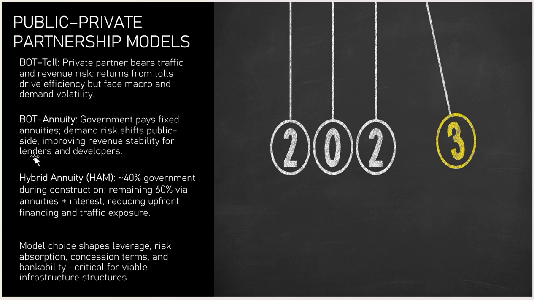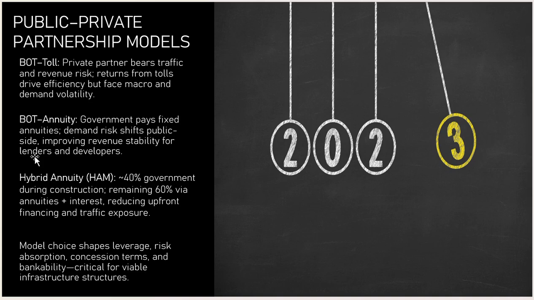Over time, challenges in the pure BOT model led to the emerging hybrid annuity model, where 40% of the project cost is funded by the government during the construction and the remaining 60% is paid as annuity along with interest during the operation. So HAM balances risk allocation by reducing upfront financing need, limiting tariff exposure, and enhancing bankability. It has been widely adopted in highway development in India due to improved predictability, structured cash flow, and reduced